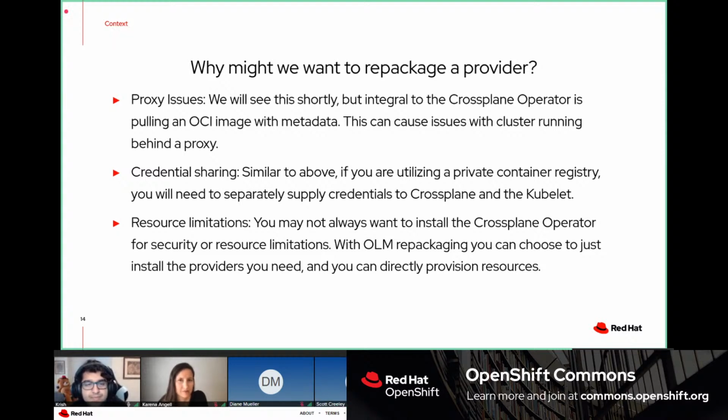I do have another question, Krish, that I don't know if it was clear to everyone. Will this repackaging, like the repackage repo, work with any of the Crossplane providers? Mm-hmm. Yeah, so not only will the OLM repackage repository work with any of the Crossplane providers out there,